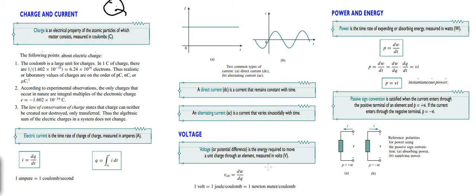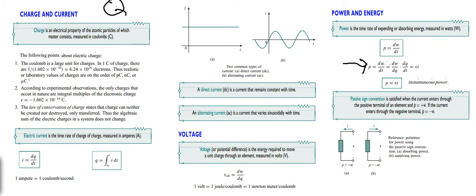Now, moving on with power and energy. Power is the time rate of expending or absorbing energy, measured in watts. And we know that the energy, or joule, is simply the power multiplied by time. Now, if we try to derive the formula for power in terms of current and voltage, this is how it is derived. We have P, since energy with respect to time,